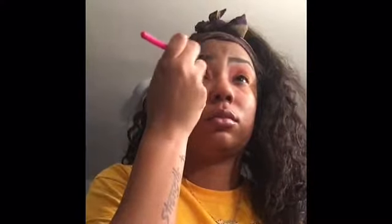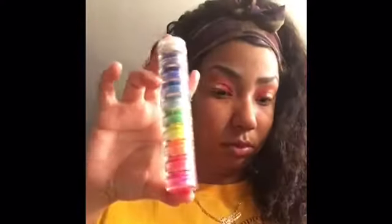So yeah, just blend. Like Jesus Lord, I started feeling like this was a mistake. But yeah, so now I'm gonna go into the neon stack,